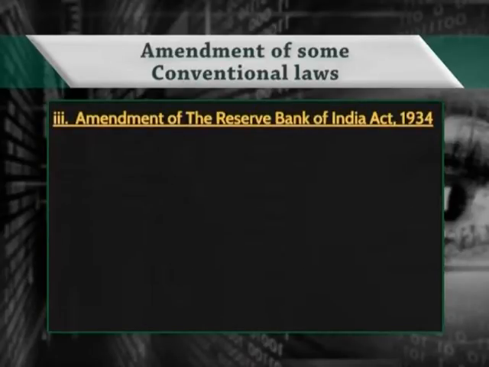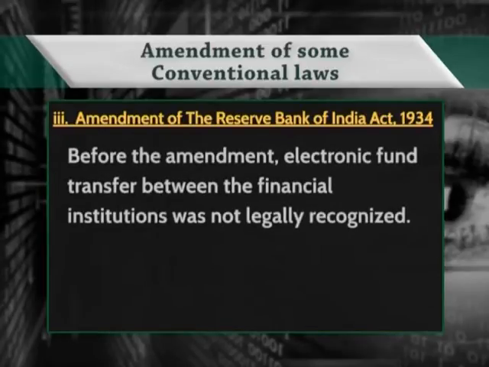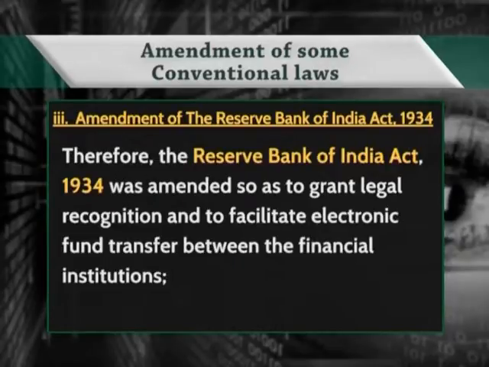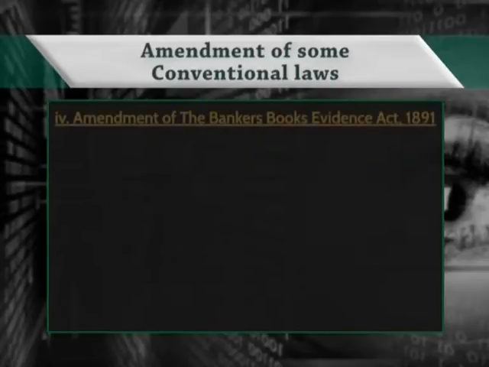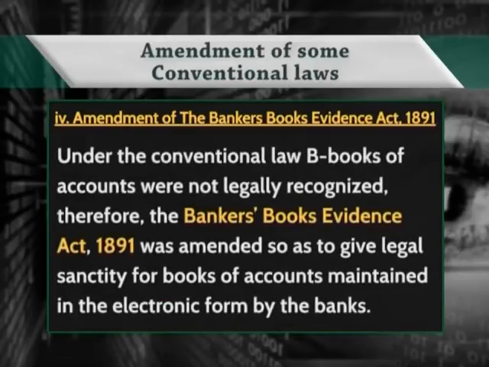Then, the amendment of the Reserve Bank of India Act 1934. Before the amendment, electronic fund transfer between financial institutions was not legally recognized. Therefore, the Reserve Bank of India Act 1934 was amended so as to grant legal recognition and to facilitate electronic fund transfer between financial institutions. Then a certain amendment was made in the Bankers Books Evidence Act 1891. Under the conventional law, books of accounts in electronic form were not legally recognized. Therefore, the Bankers Books Evidence Act 1891 was amended so as to give legal sanctity to the books of accounts